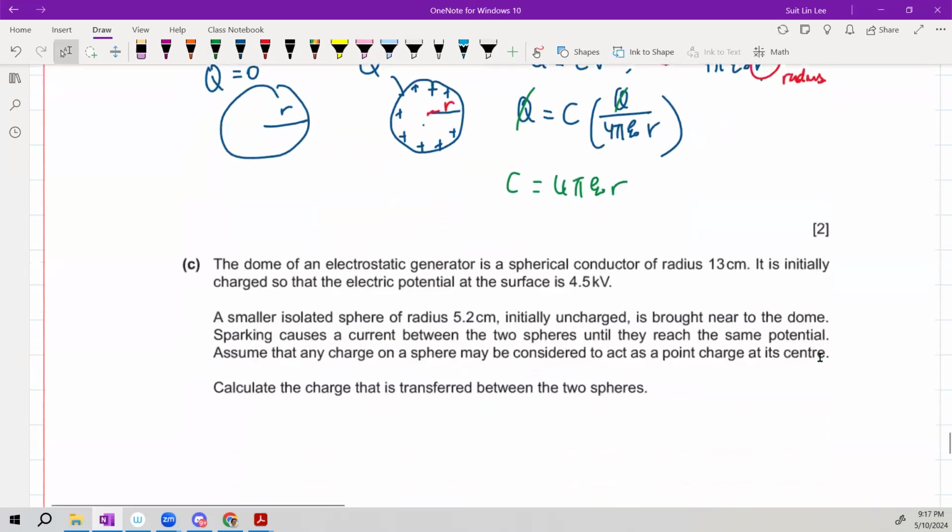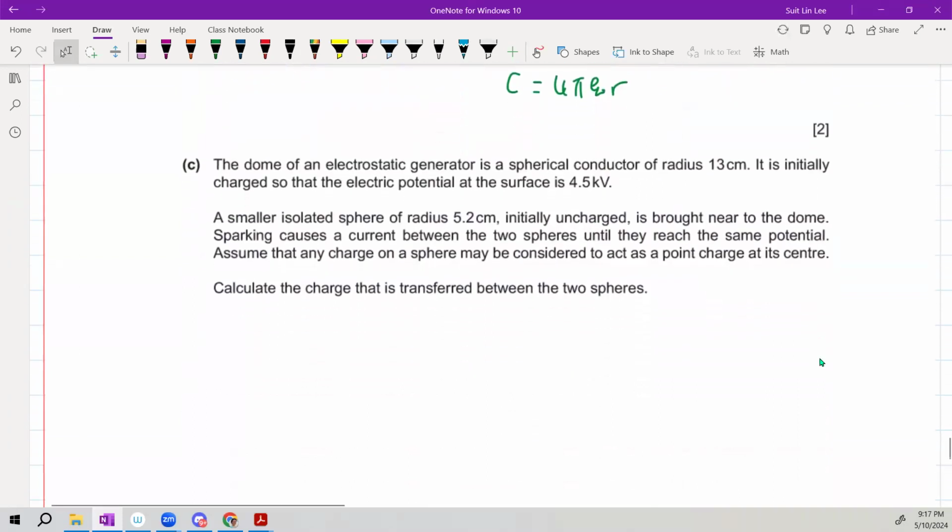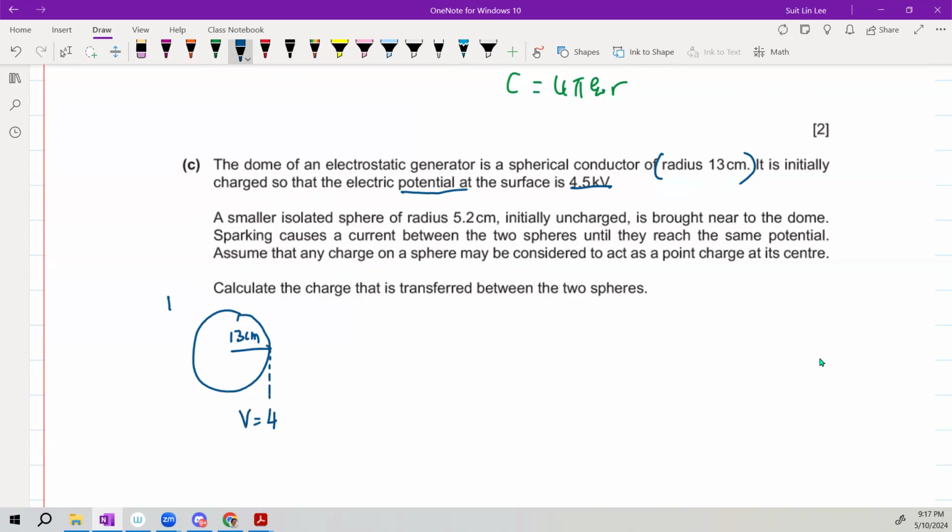So in part C, we are going to work with this dome or this sphere. This first sphere has a radius of 13 cm. It is initially charged so that the potential at the surface is 4.5 kV. Okay, so I have the first sphere. Let's call it sphere 1. The radius is 13 cm. And the potential at this surface is 4500 volt. A smaller isolated sphere, okay, I have a second sphere, of radius 5.2 cm,